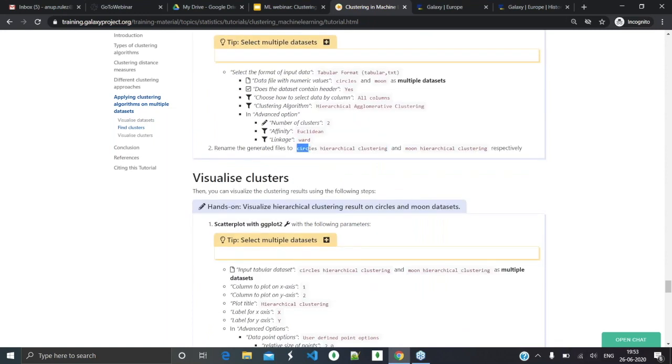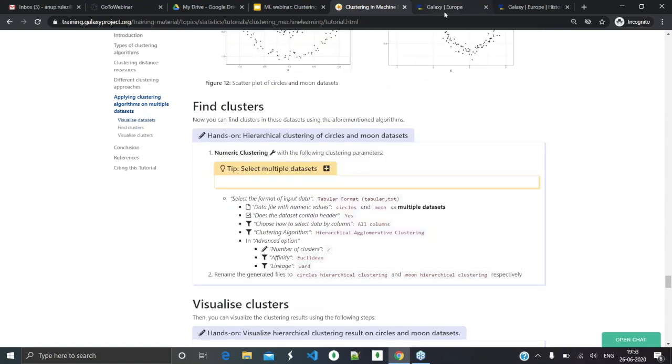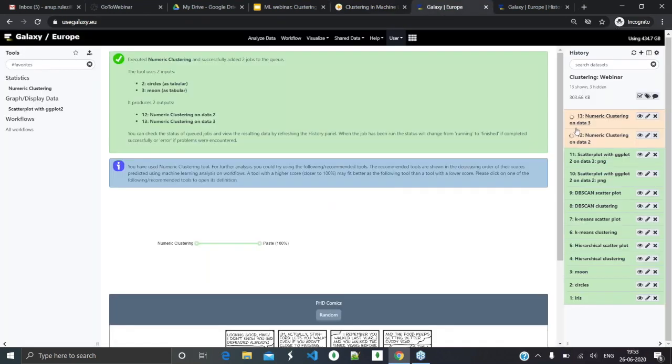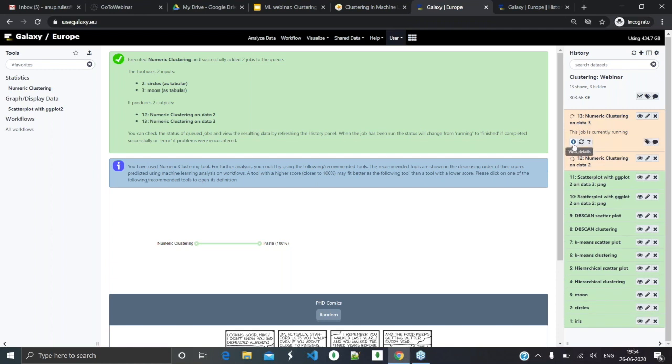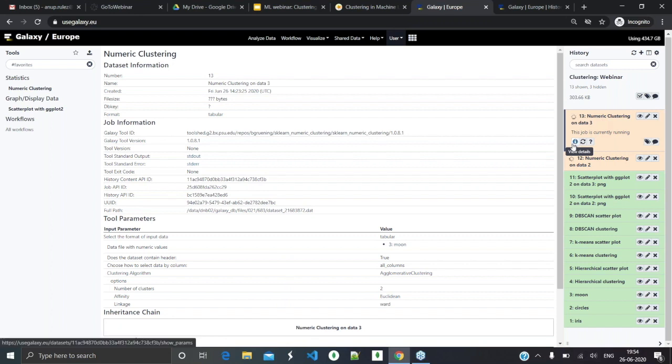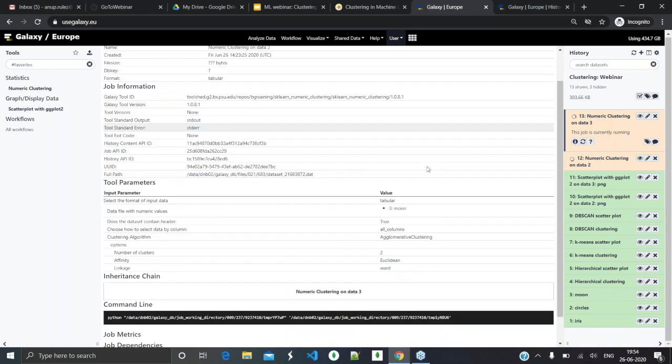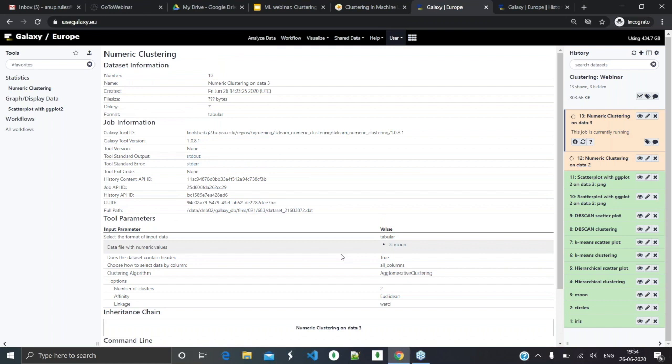While it is actually yellow, we can rename these datasets, but we are not sure if the first one belongs to the Moon dataset or to the Circles dataset. To find that, we can go to the information of this job, this eye icon. We can go here and see in the details, input parameter, that the input dataset for this job is Moon dataset. We know that this is running for Moon dataset. Therefore, we go to